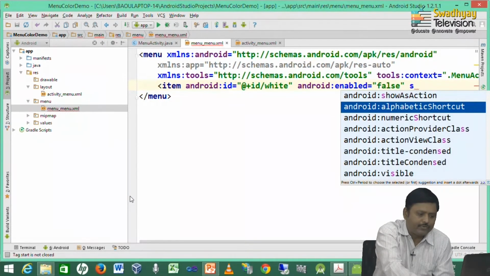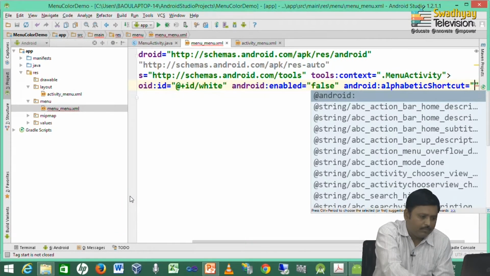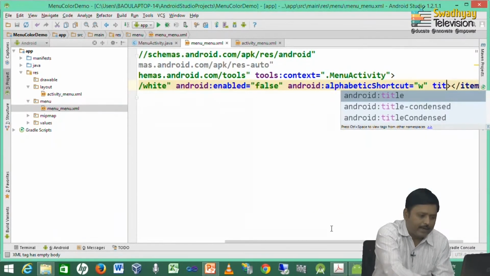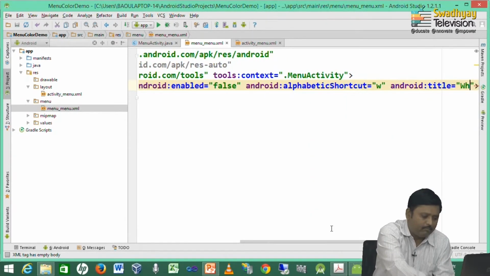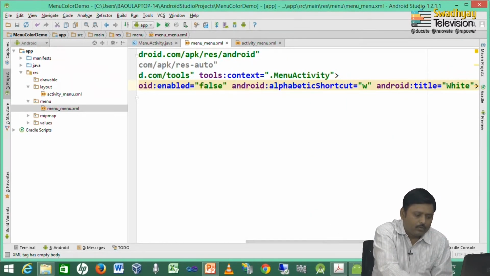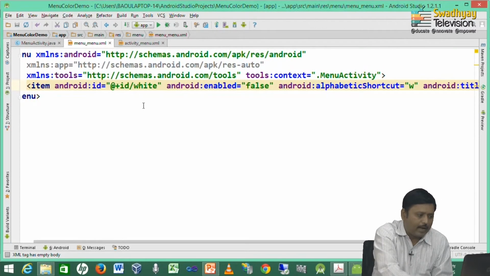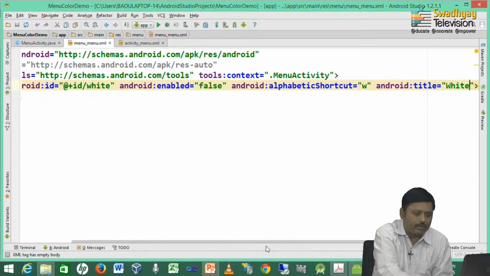So, alphabetic shortcut. Here for white we can write W. We have to provide a title also. So, here I write white. So, here we created one menu item with 4 options: ID, which is white, enabled, which is false, alphabetic shortcut, which is W, and its title or text is white.